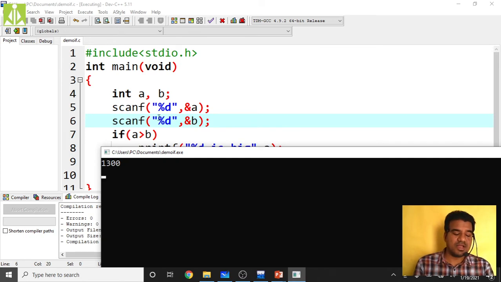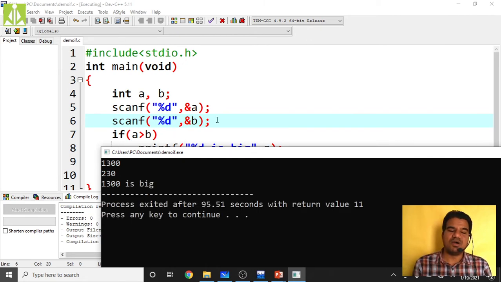If I supply 230 as the second integer value, it will go to this location and be stored inside b, since &b is nothing but b's address. So now we stored 1300 inside a and 230 inside b. Simply hit the enter key.